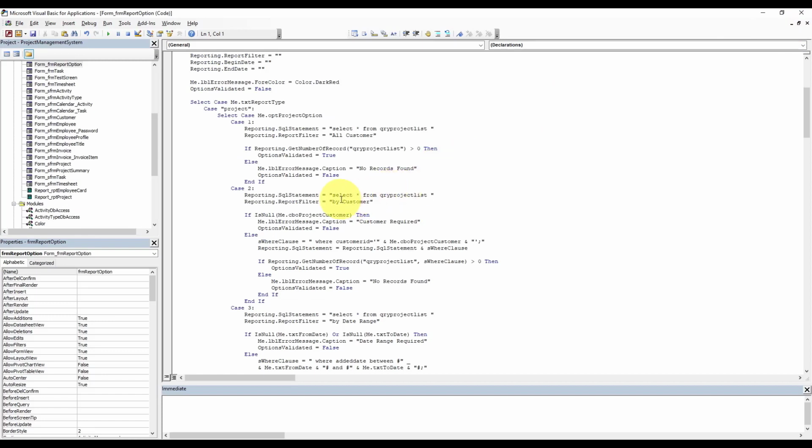Now, instead of doing that, we're just gonna do this. Customer DB access, get customer name, and then me, CBO, customer, CBO project customer. I think that should give us